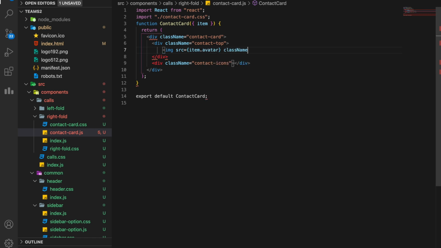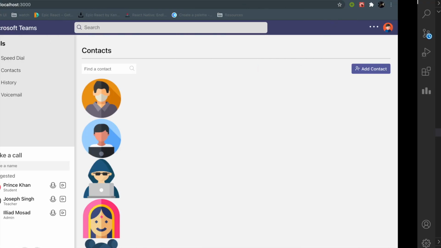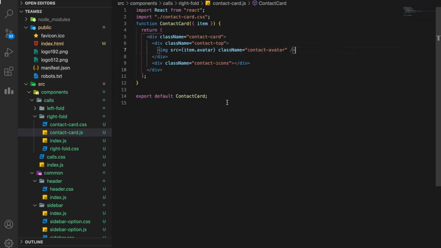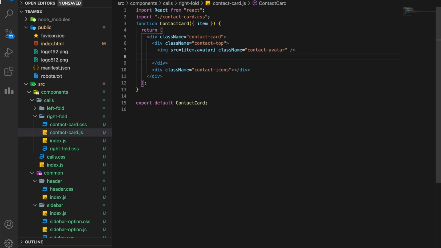All right, and let's give it a class name called contact avatar. If you will see, we have 7 images here that we passed through our data. We'll style it and it will look perfect actually.